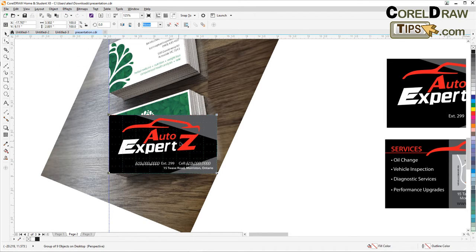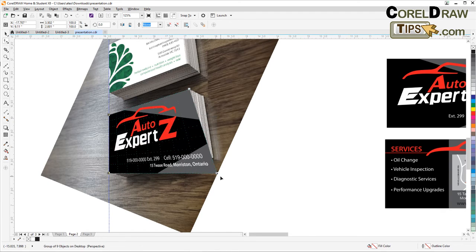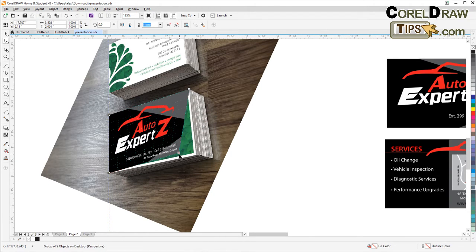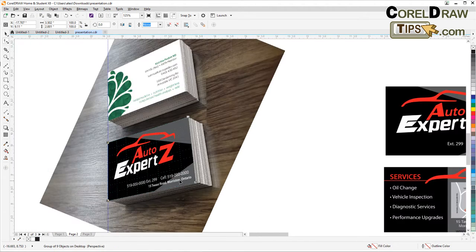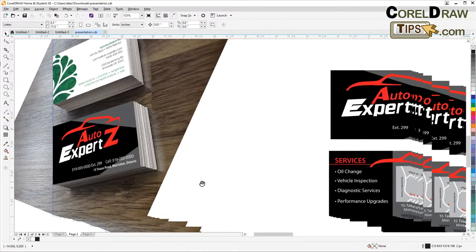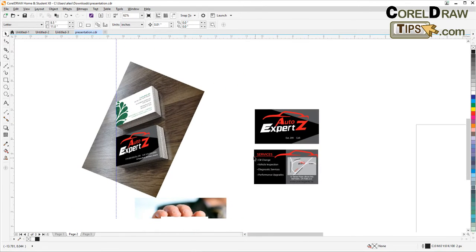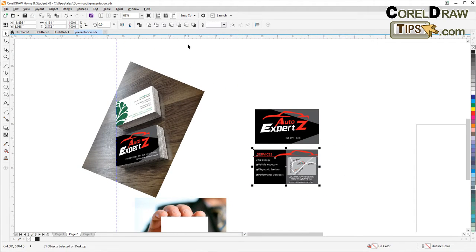So when you click on add perspective, you're going to have these 4 nodes here. So you can just grab this node, put it in that location, and this one too. There. Right? And then you can just check if there's no white line showing up, and for me that looks good. So now this one, same thing, I'll group,